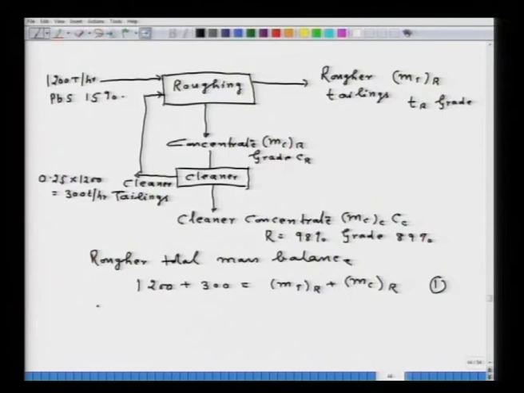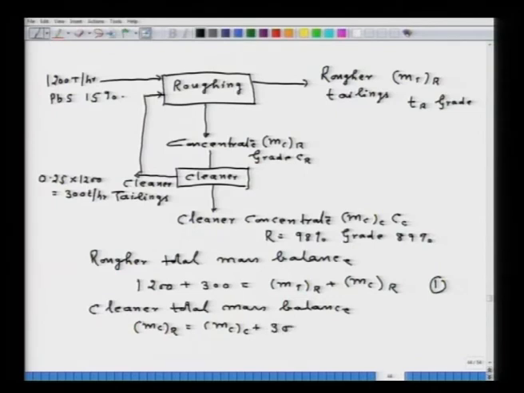Now, similarly we can do cleaner total mass balance, that will be equal to MCR, that should be equal to MCC plus 300, that is